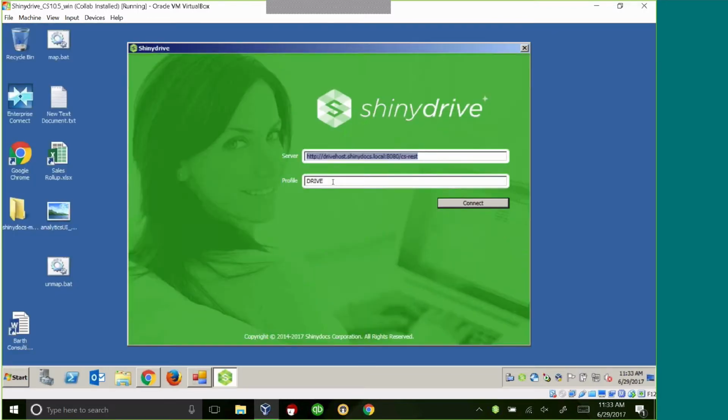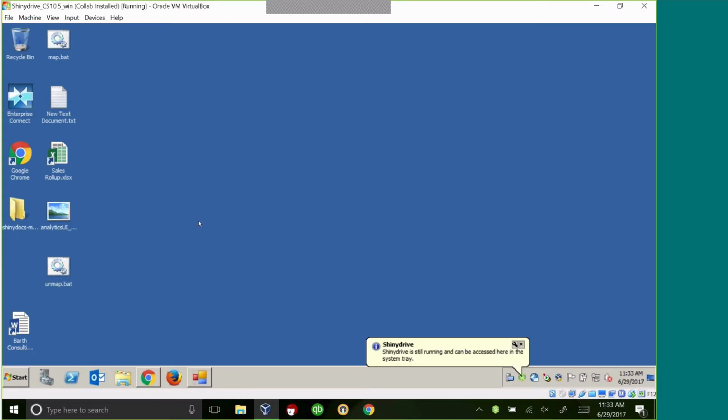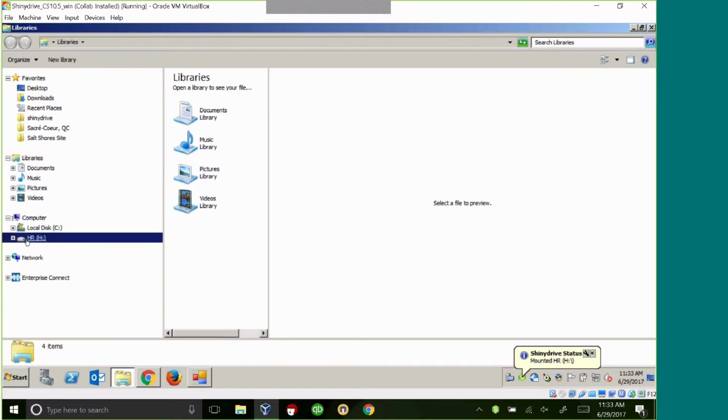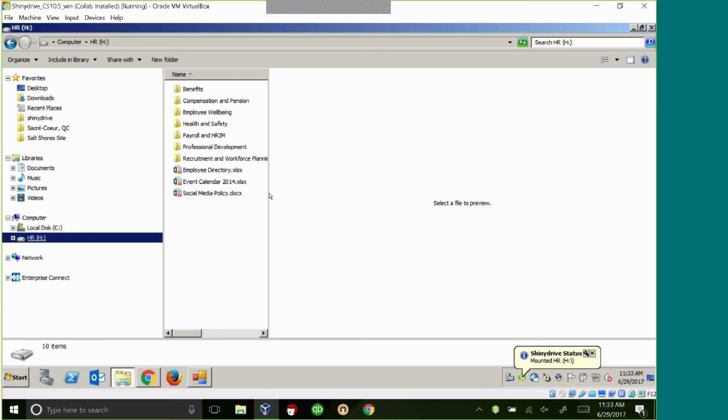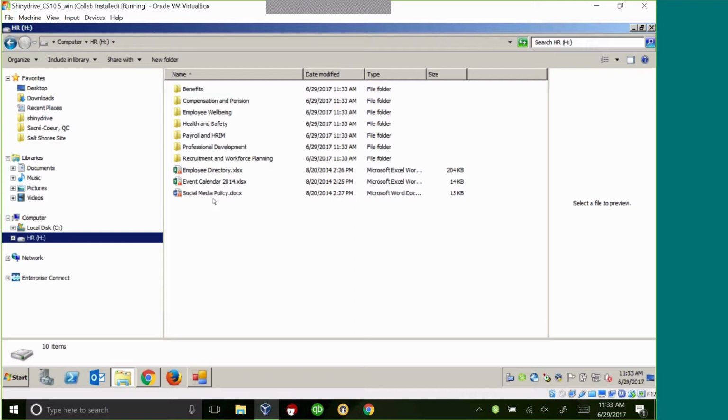We will connect to both their shared drive storage and content server at the same time, and we'll give them their H drive back. So when we have a look, it's the same content in the same location as far as the end user is concerned. It's the same path and H drive, it's the same documents. Something a little different, you notice that there's a little icon here. What that means is that, hey, this is a document that hasn't been migrated into content server yet.